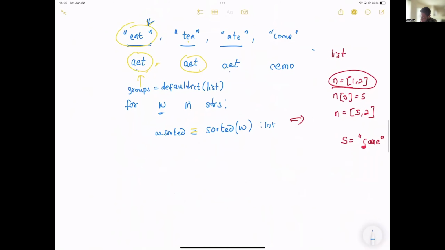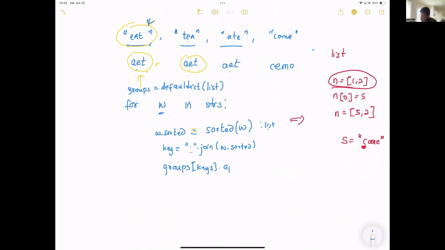So then I will do this. Now let's find the key from this. The key is going to be, let's just join everything together. We can do dot join. I'm just using the empty string here, right? This is just the empty string, there's nothing here. Dot join word sorted, after I sorted word, because this is a list, don't forget. Then I'll be like groups of keys